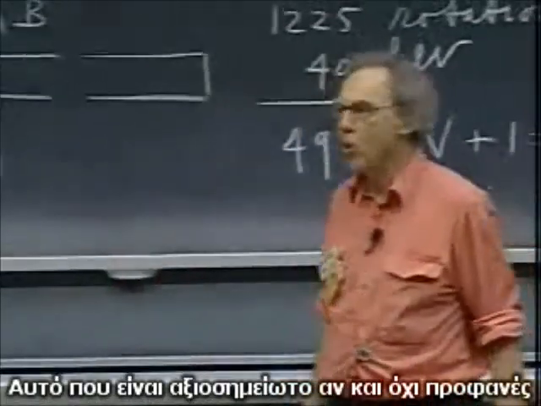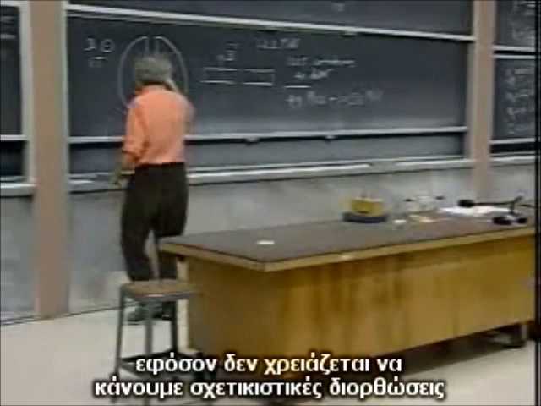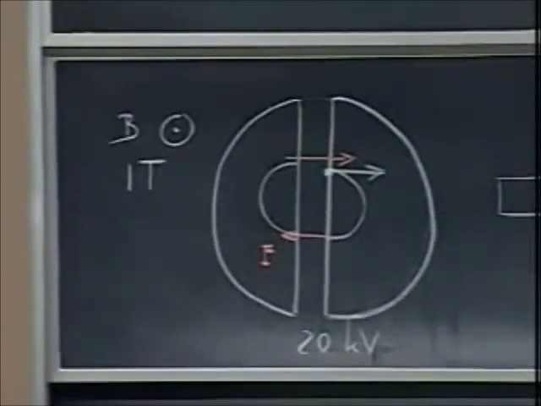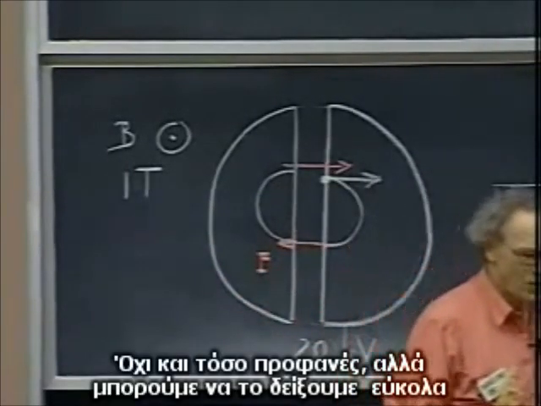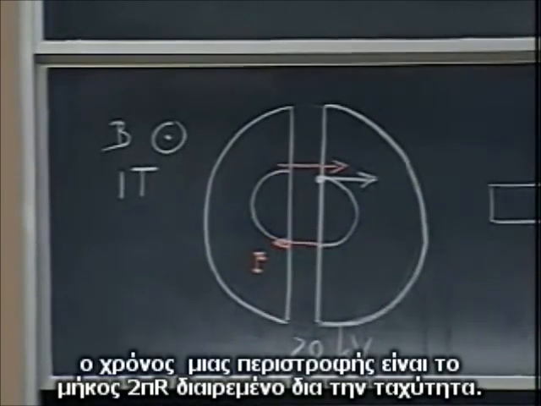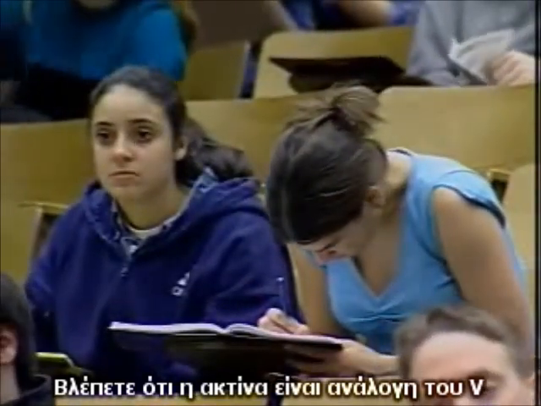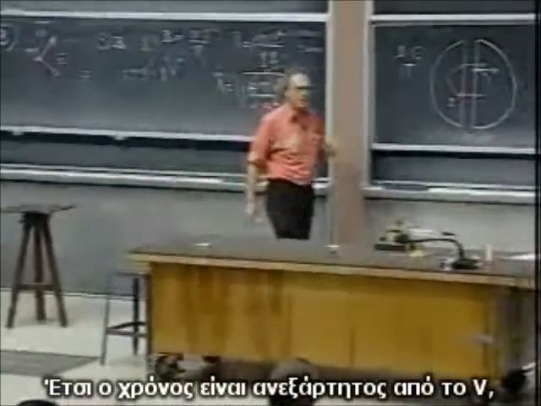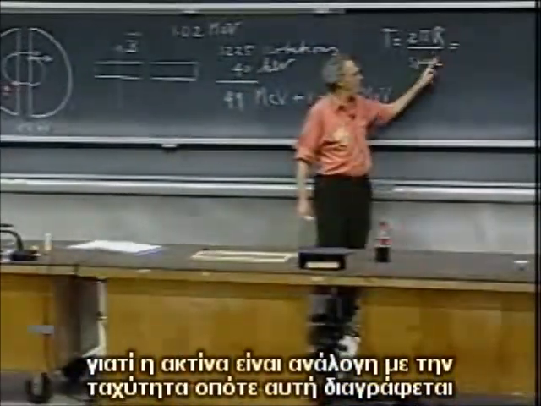What is remarkable and not intuitive is that the time to go around, as long as we don't have to make relativistic corrections, is independent of its speed. Not so intuitive. And you can see that very easily, because the time to go around is 2 pi r divided by its speed. You see, the radius is proportional to v, and so the time itself is independent of v,